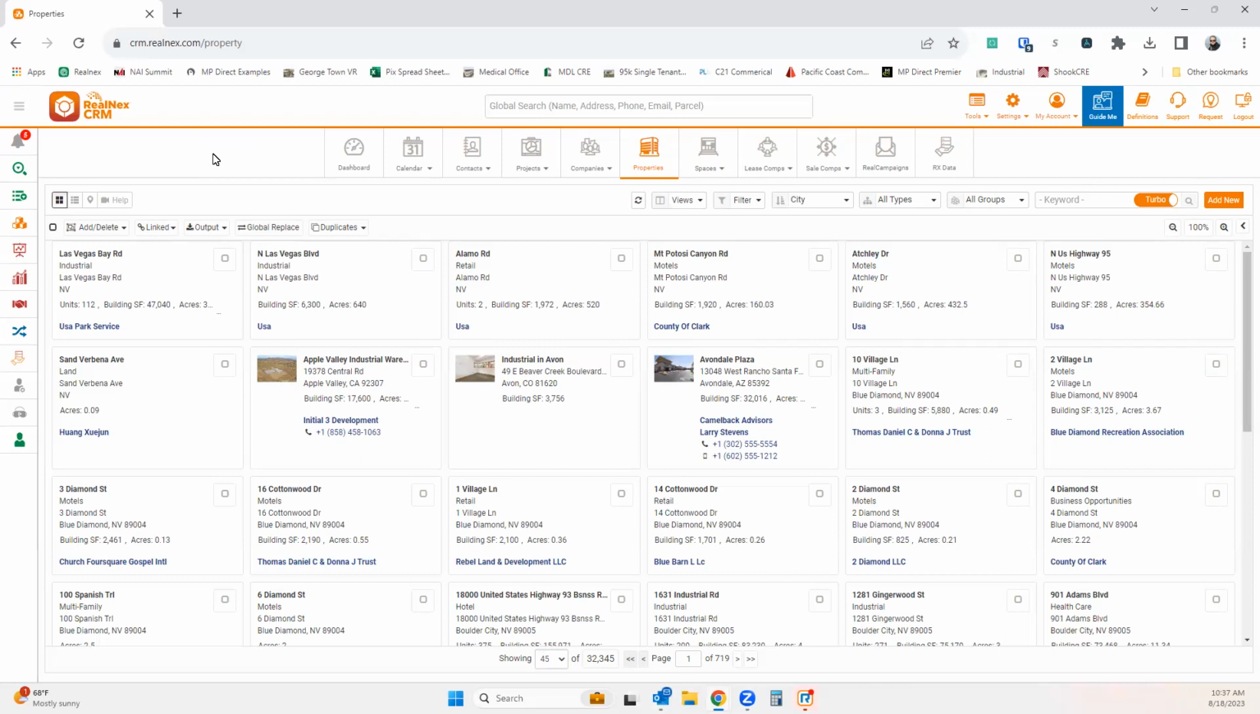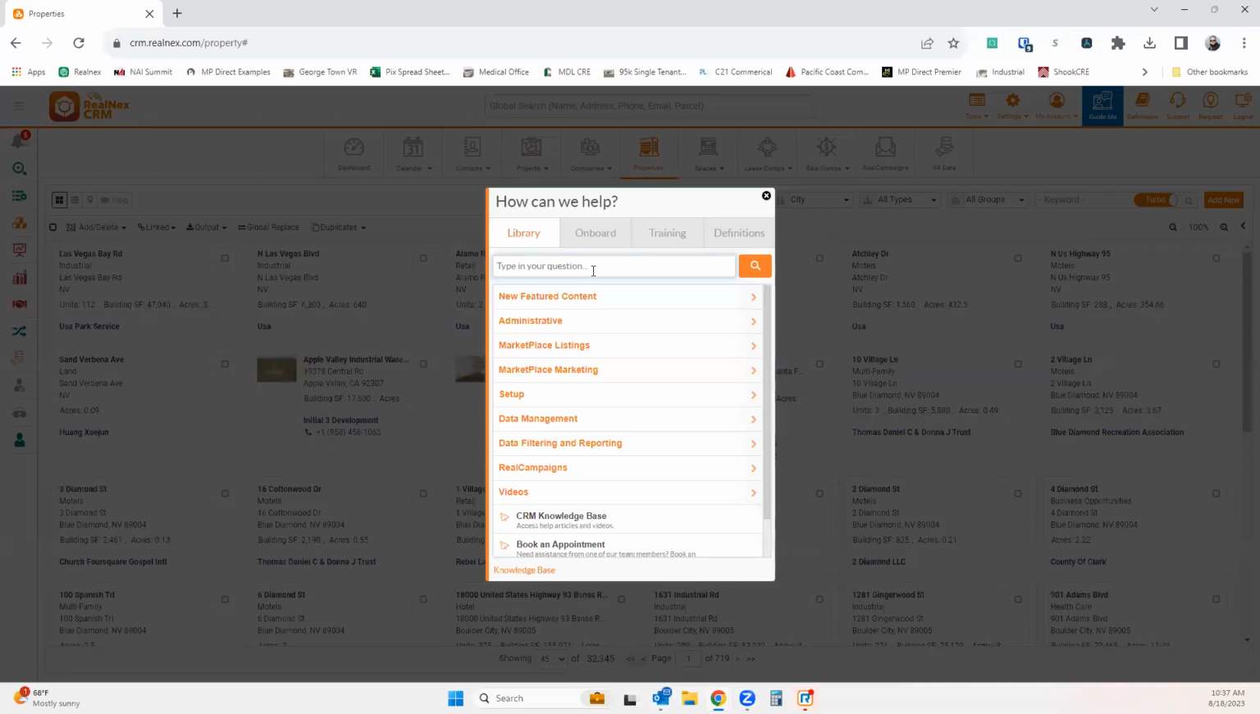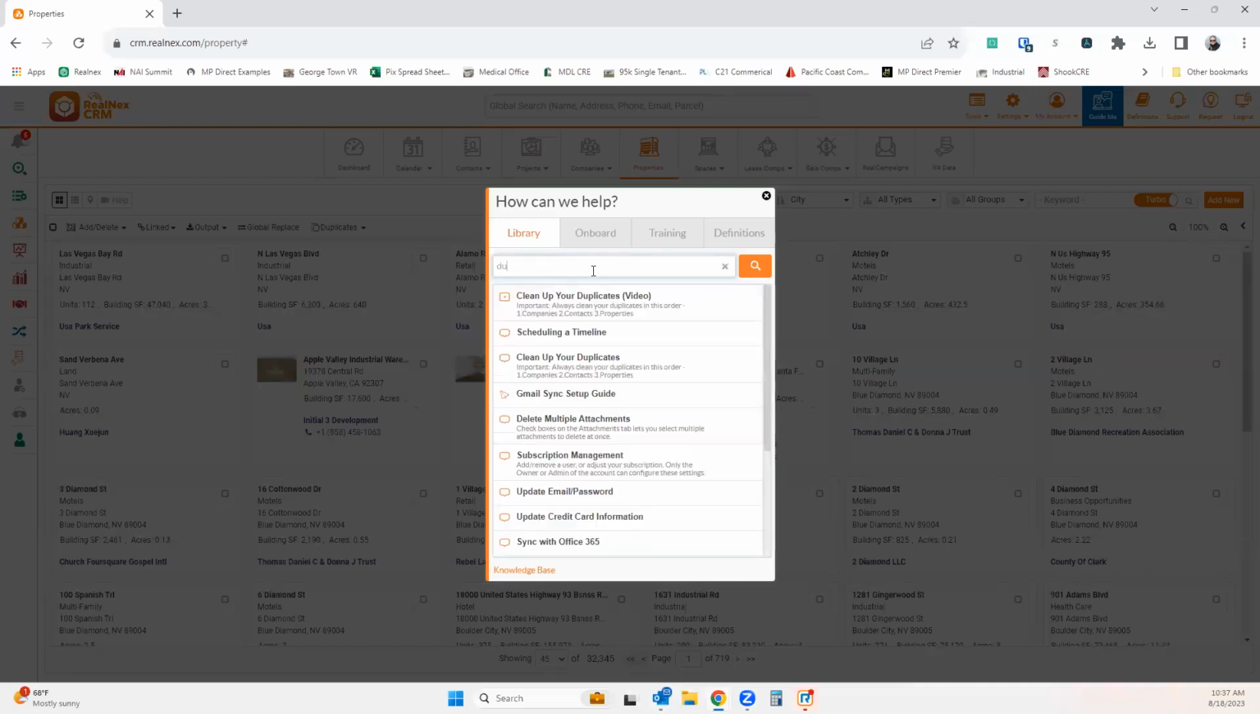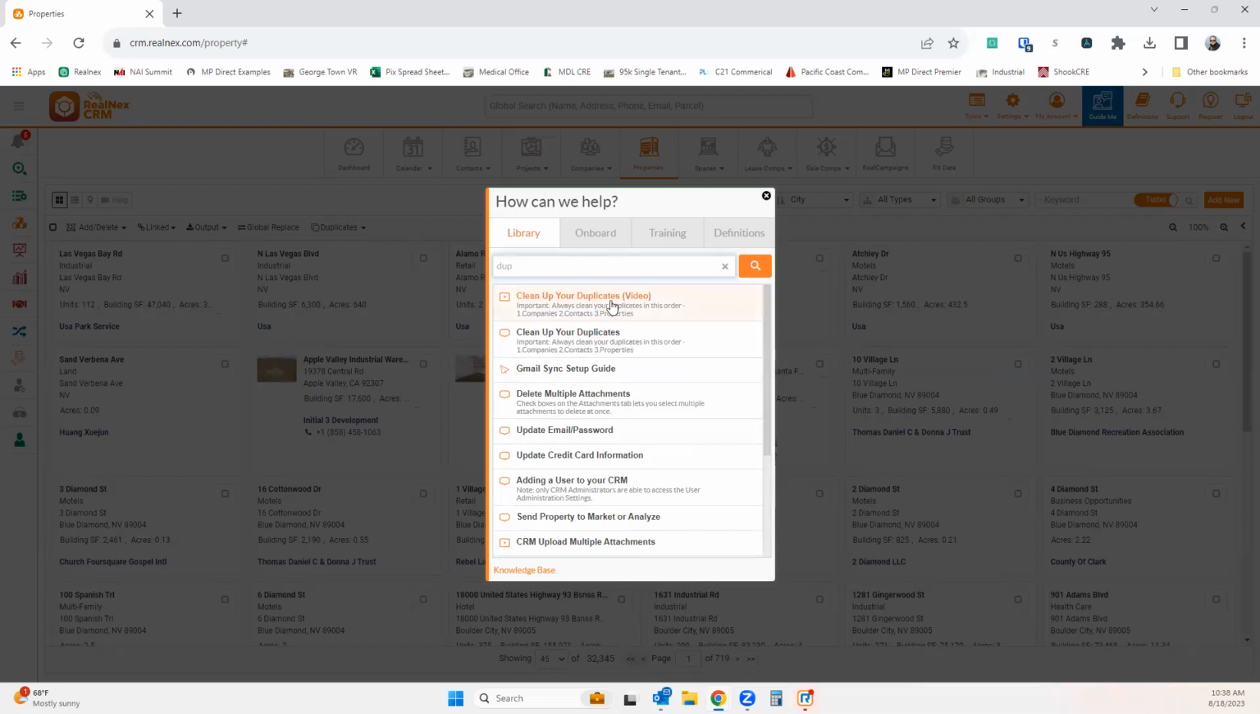Now, our solution allows you to merge up to 100 records at a time. That's right, 100 records at a time. Most are one by one by one. Real simple. There's two ways to learn how to merge duplicates. One is watch my video. Two is click on Guide Me in the upper right-hand corner and just type in duplicates. Clean up duplicates video, clean up duplicates